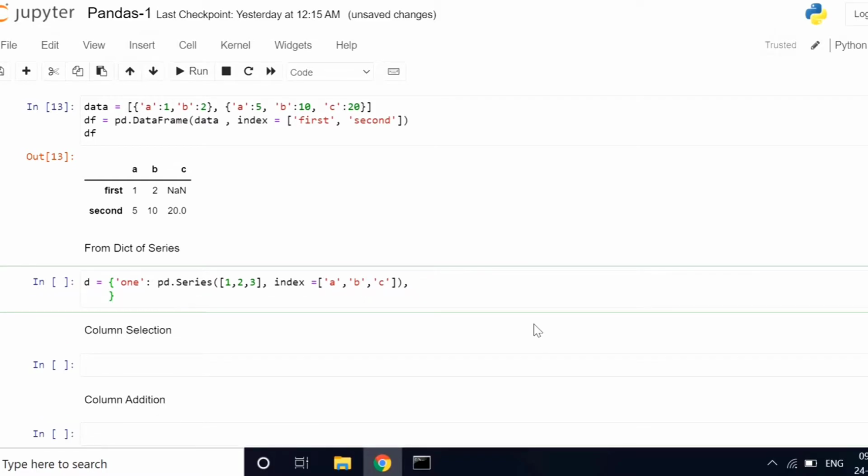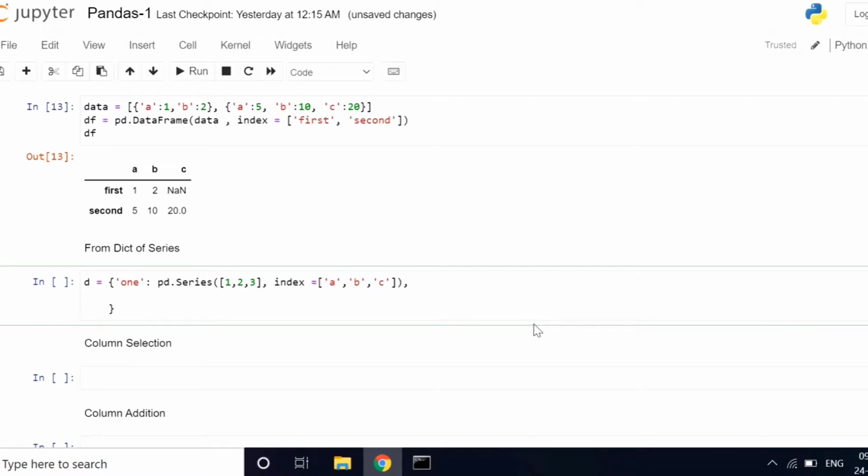Right, let's go for the second column. I'm writing the second column name as 2, and for the values of that column we are creating a series and passing some random values for now. And for the index, let's give